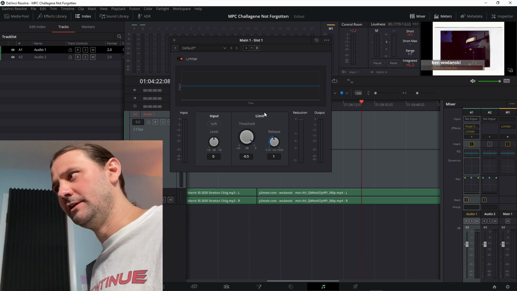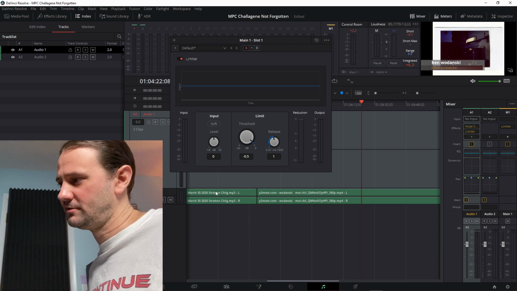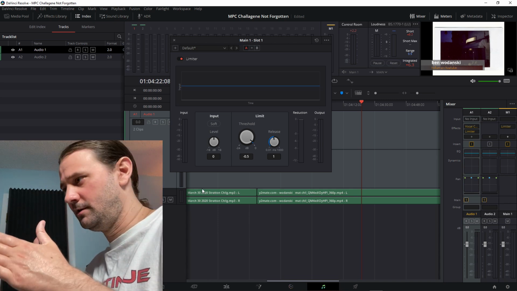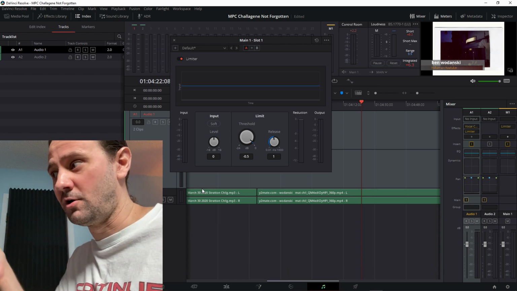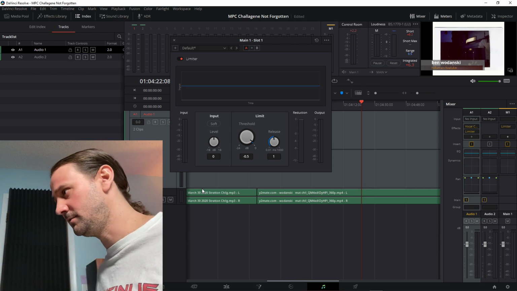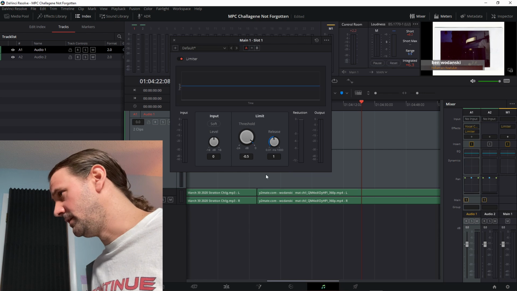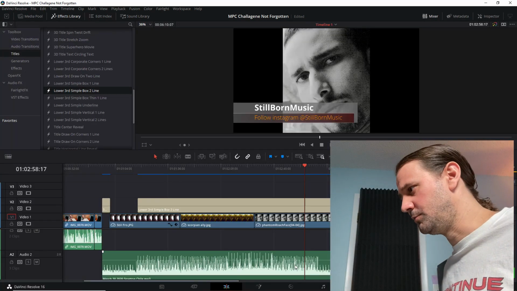They clearly mix this stuff differently. If I really wanted to, I could really push the loudness on the previous track to kind of keep it up with the other one. But at the same time, this is the way this artist made it, so I don't really want to mess with his mix or his master. I'm just going to put it in there, and I'm just going to make sure that the levels are even. Yeah, I think it's pretty good. So we're going to go with that.